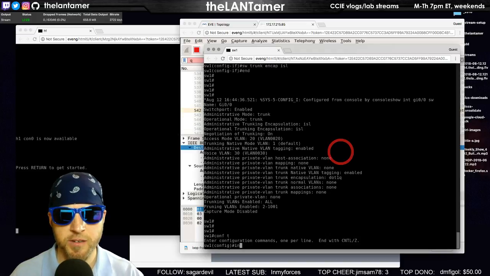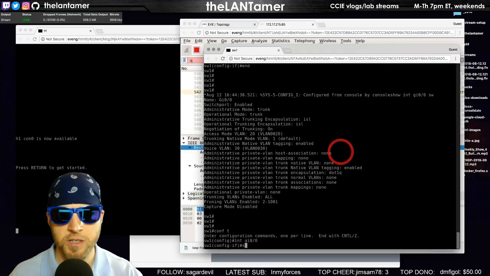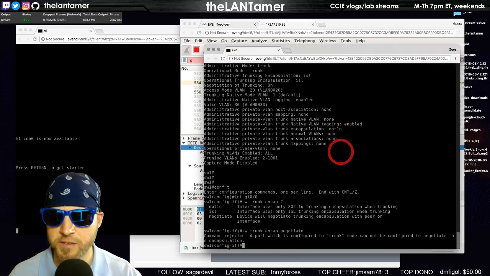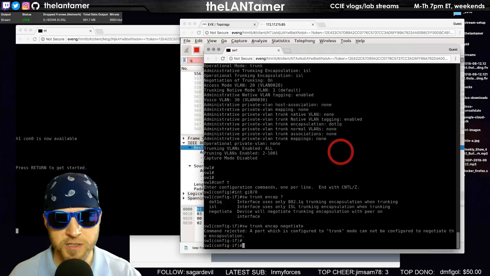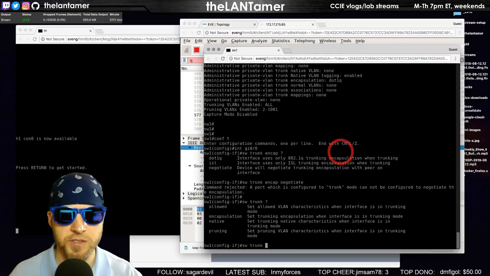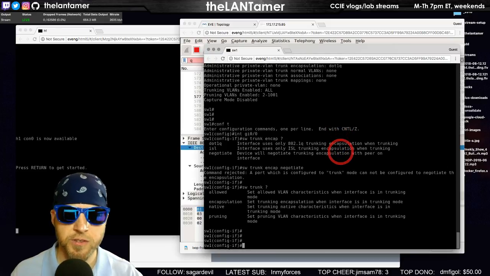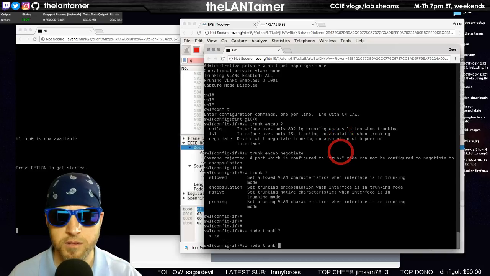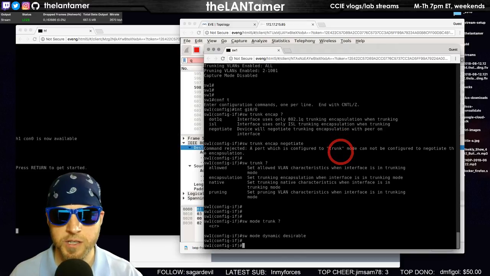Okay, now let's change it back. Interface Gi0/0, switchport trunk encapsulation negotiate. Switchport trunk, negotiate the encapsulation. Interesting. You can do that on other images, I believe. Okay, let's try that.